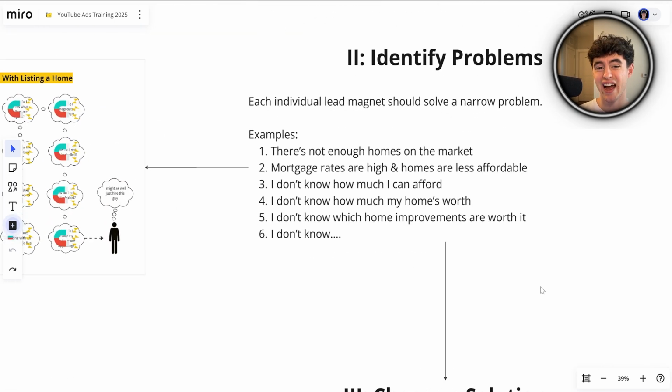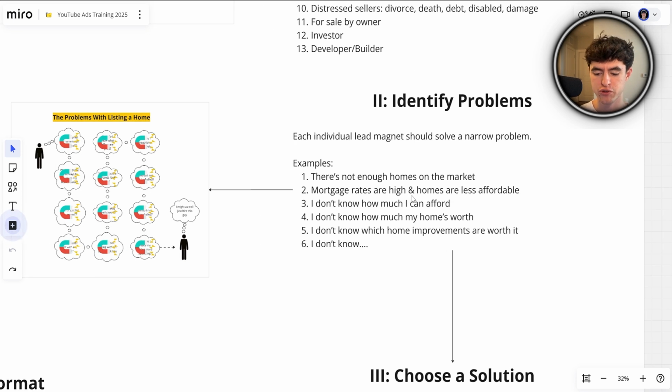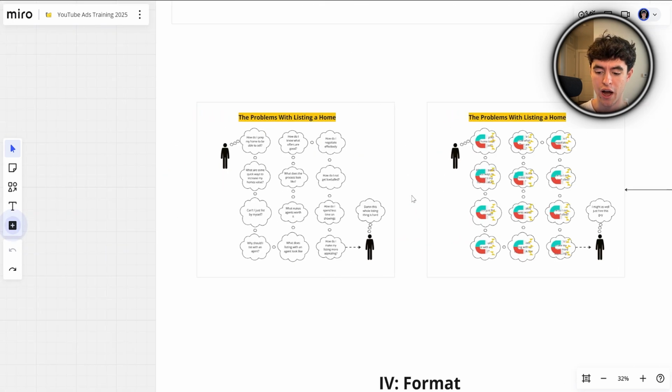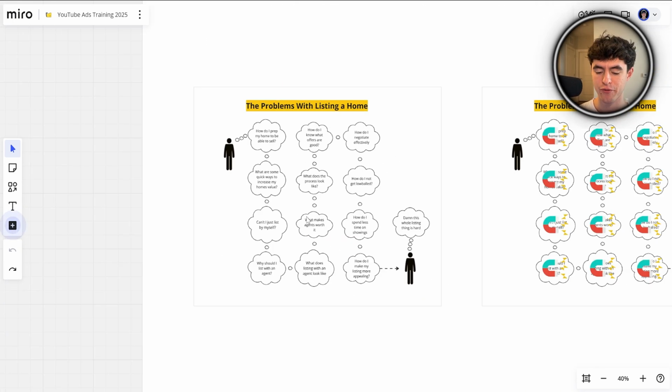Step number two is to identify the problem. Each individual lead magnet should solve a narrow problem. So for example, there's not enough homes on the market, mortgage rates are high, and homes are less affordable. I don't know how much I can afford. I don't know how much my home's worth. I don't know which home improvements are worth it. So within that lead magnet, these are all the questions that someone would have, for example, with